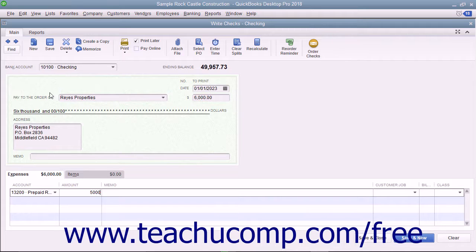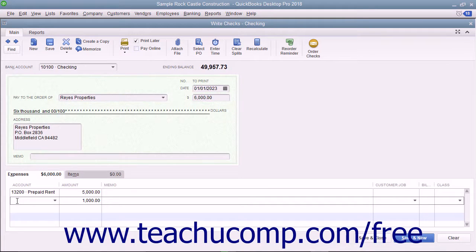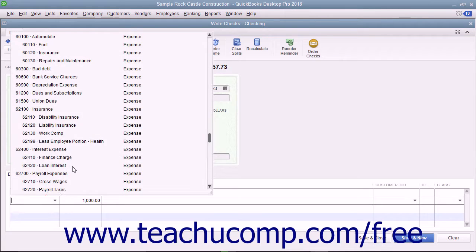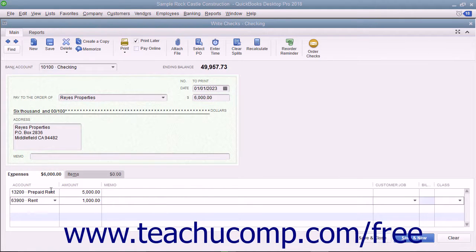rent. Click into the next row in the Expenses tab and select the Rent Expense account. QuickBooks should automatically attribute the remaining $1,000 to that account for the first month of rent as it is being incurred. For the next 5 months after this, you will not write a check for the rent, but rather create